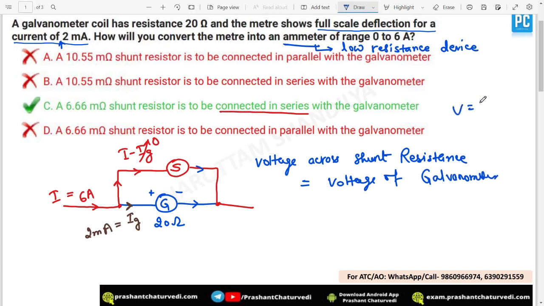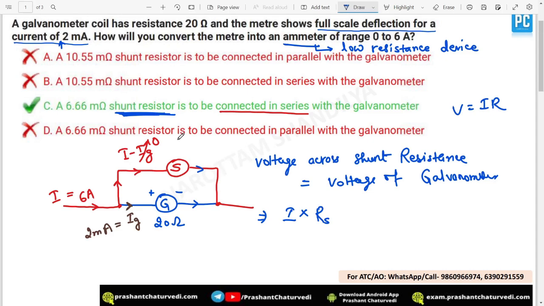Okay, so voltage is simply given by V is equal to IR, right? So voltage is like this. Here, for the shunt resistance, the current we are considering as I, and we are neglecting this Ig. So I into R, this we have to actually calculate. The shunt resistance has to be calculated because it has been given in the question, and even in the theory I had told you, if you have to convert that into a voltmeter, you have to actually place a shunt